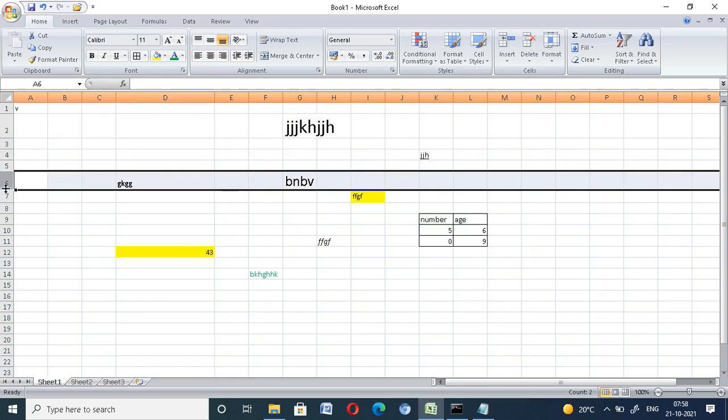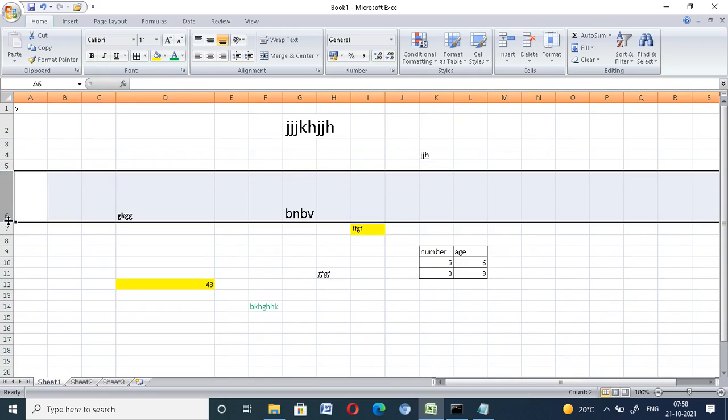This aligns the text to the left, this aligns the text to the center, and this aligns the text to the right. And what is this? This rotates the text.